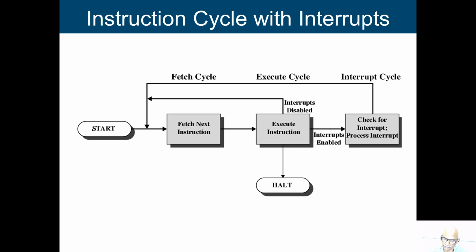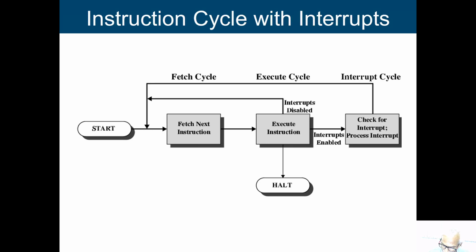In basic, very simple terms, it is fetch and execute, but we may have some more steps also. So, here I am talking about instruction cycles with interrupt. Already I talked about interrupts, a big idea. So, what are we going to say? We are fetching the instruction, then we are going to execute it. After executing it, we are going to check whether interrupt is enabled or disabled, whatever it may be.